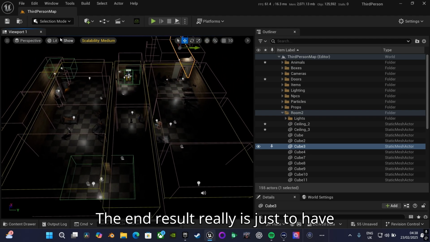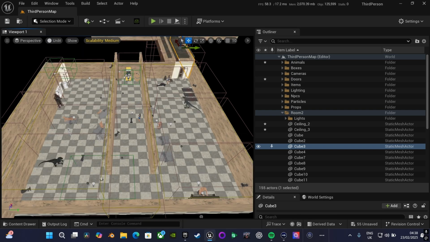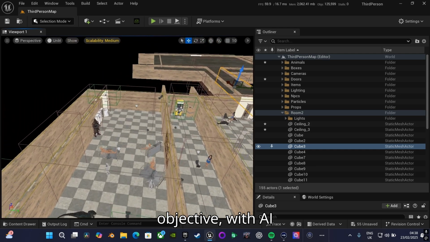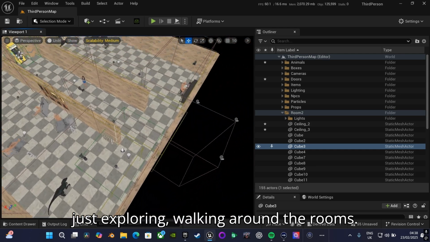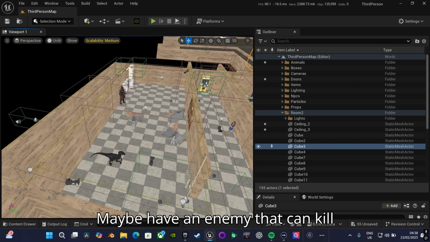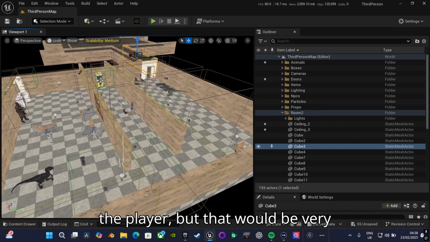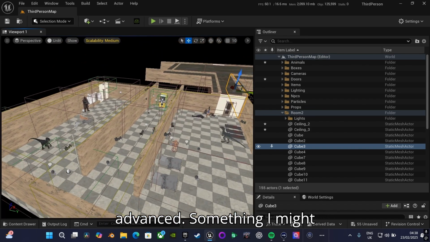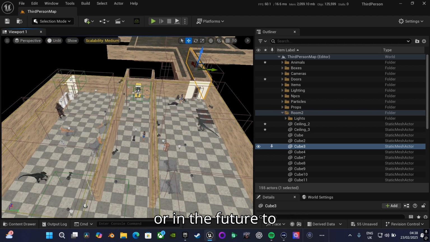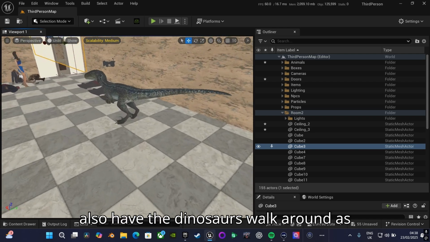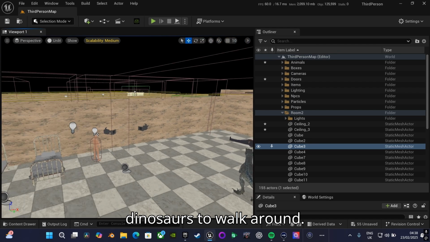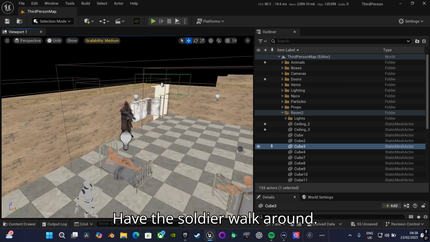The end result really is just to have a playable level with an objective, with AI just exploring, walking around the rooms, maybe have an enemy that can kill the player, but that would be very advanced. Something I might implement at the very end or in the future. To also have the dinosaurs walk around as well, that'd be cool. So I want the dinosaurs to walk around, have the soldier walk around,